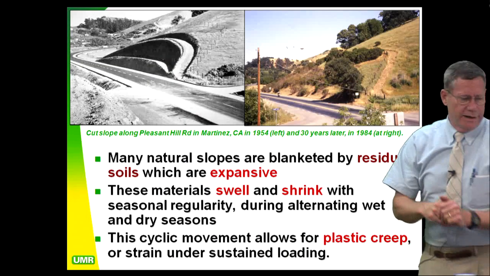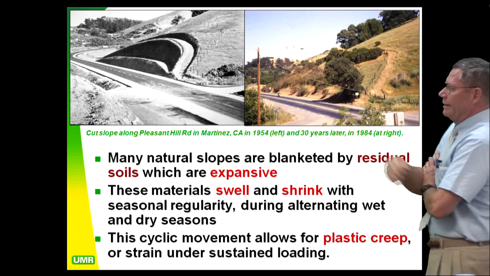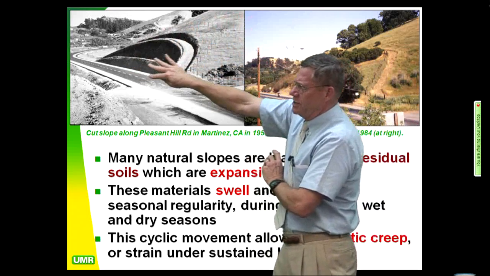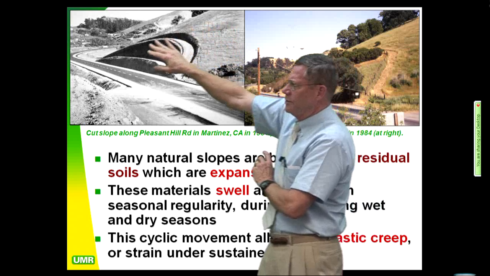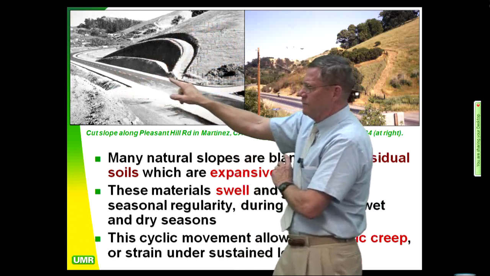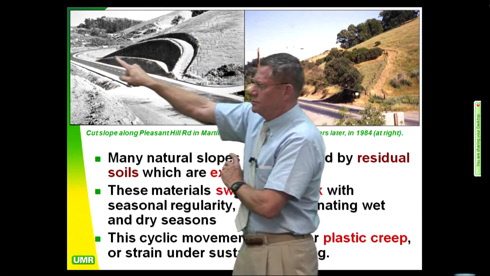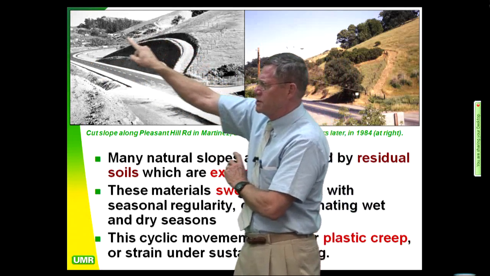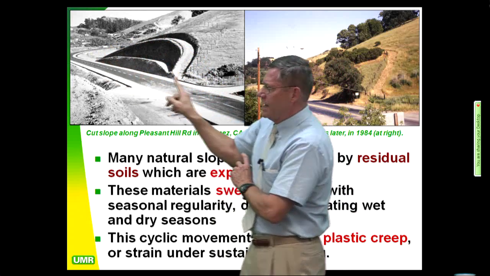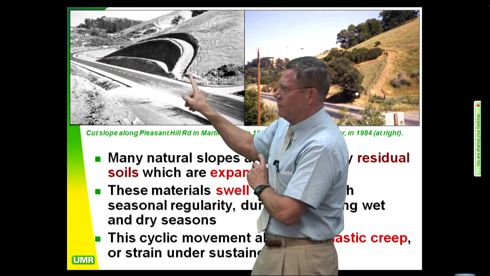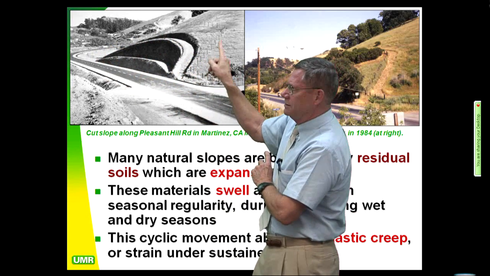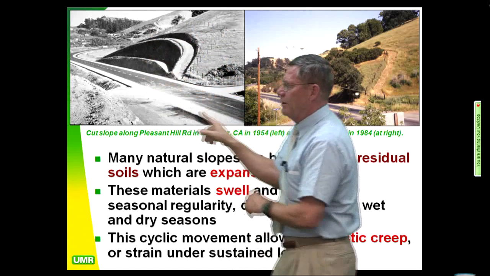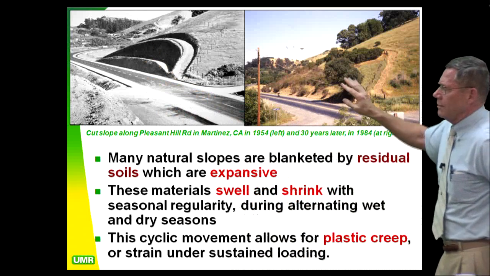And here's a case where we have a slope in a Cretaceous age siltstone, Panoche Formation. It was graded in 1954 with a mid-slope drainage terrace that's 10 feet wide, and then a 10-foot high brow ditch going up above the cut. And now I want you to notice this. This is the right-of-way. There's the county or state right-of-way line going up around the cut. Now, you come by and look at it,